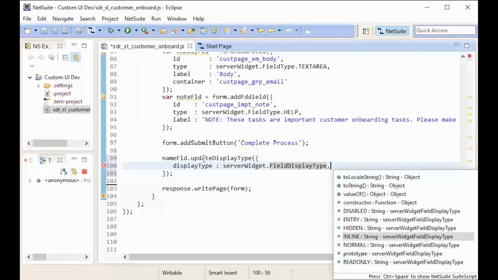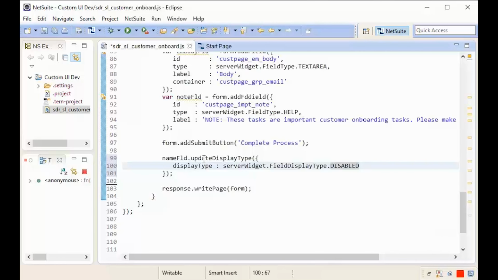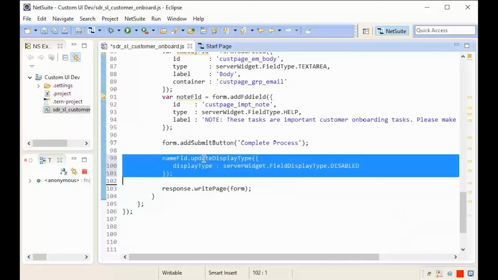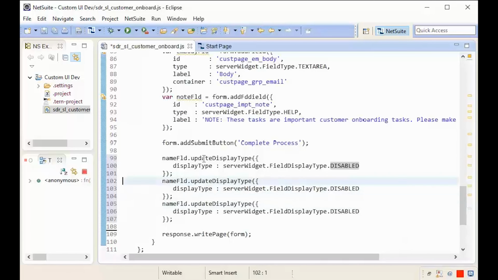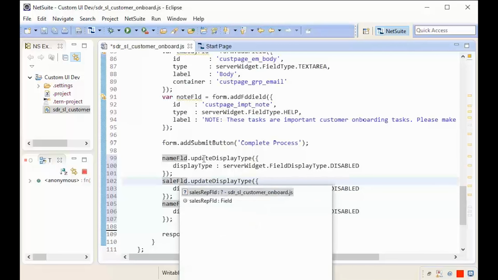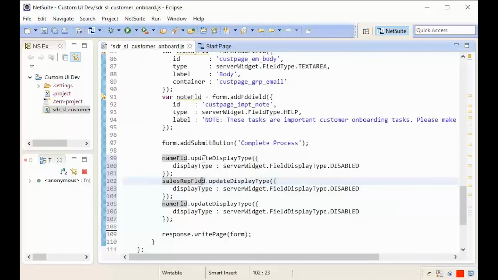What we're interested in using here would be disabled and inline, which prevent the user from modifying the value of a field. But again, what is the difference between disabled and inline? To see the difference, I'm going to set one field as disabled and the other fields as inline. Since we want to do this for our name field and also our phone number field and sales rep fields, I'm just going to copy that and then change the field